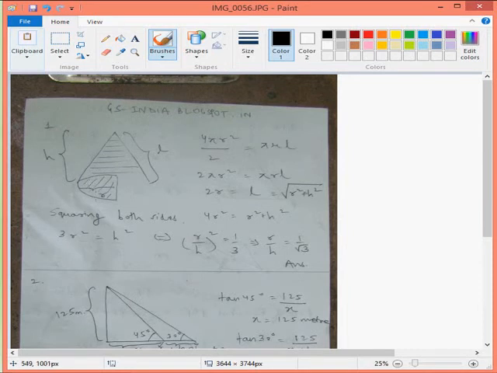What is the area of a hemisphere? Or actually, you can also say, what is the surface area of a sphere? The surface area of a sphere is 4 pi r square. What is this at the base? This is a hemisphere. So what will be the surface area of a hemisphere? It will be 4 pi r square by 2, which is written here. So this is the surface area of this hemisphere.